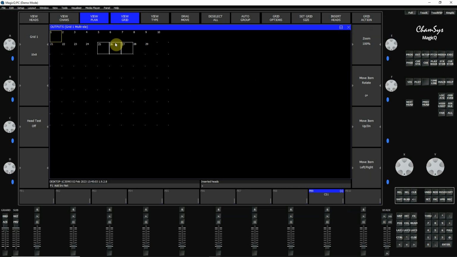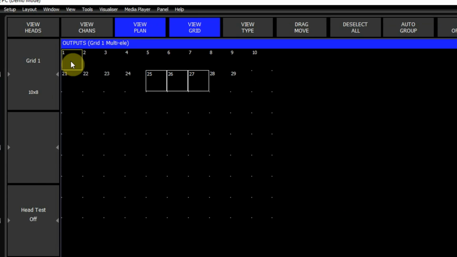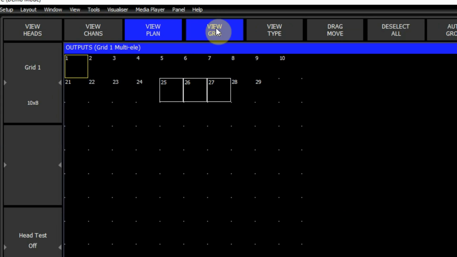Now I have to move some of them around because they're not exactly where I like them to be. So I'm in this view grid and view plan, and I'm going to select, drag, move so I can grab my lights and put them where I would like them to be. Light 1 I'm going to put down here. Light 2, I'm going to leave a little space, put that in here. Fixture 3, I'll leave 2 spaces here, 4, and then